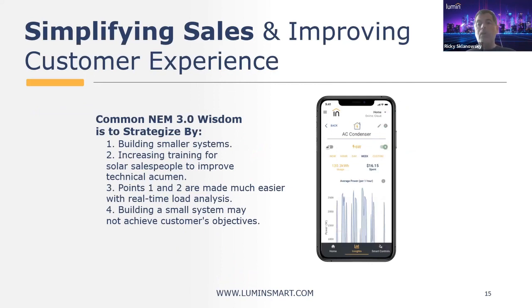All right. So I've heard from others what I call the prevailing wisdom on the topic of NEM 3.0. I've heard that you can get through this new paradigm, so to speak, by building smaller systems. And you definitely have to increase the training for solar salespeople to improve technical acumen. Those are valid and really important. Not trying to trivialize those ideas, but I want to point out that this is made so much easier by having